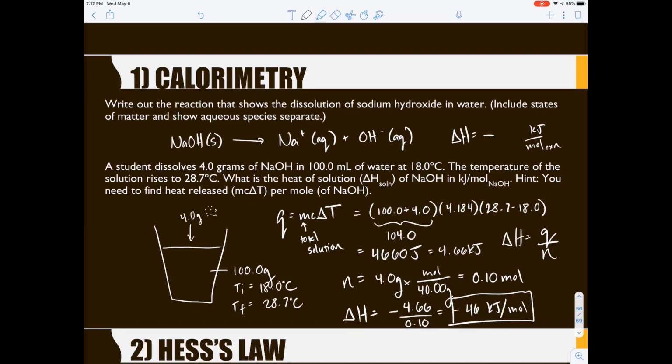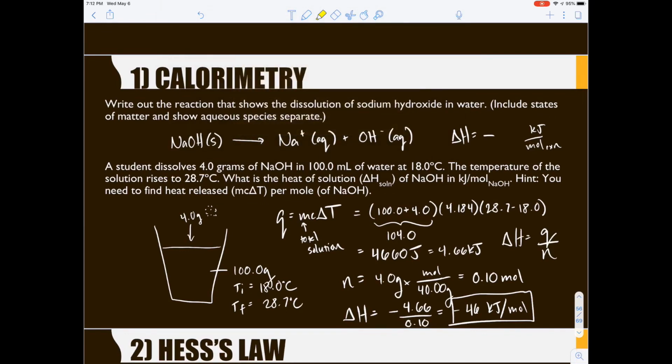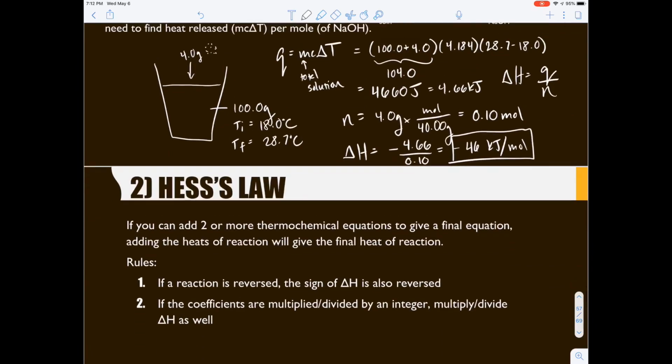Hopefully it went okay, and if it didn't, hopefully this helps. So the key things here that are common mistakes is it should be the mass of the solution, the whole solution. I guess highlight's not working. That's fine. Oh well. It should be the mass of the whole solution. We need to convert joules to kilojoules. We need to be careful that the sign matches the data that we got, like that the reaction was exothermic. And we need to divide by moles. Yep, that's all dissolved. Okay,